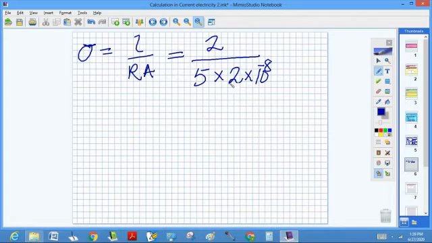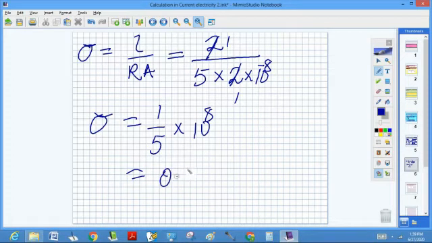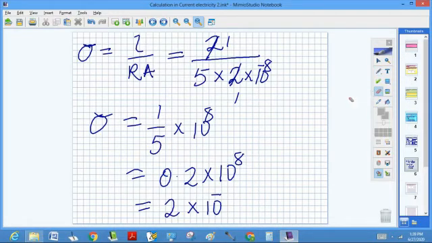So mu is equal to, 2 cancels itself, and we have 1 over 5 times 10 raised to power minus 8, which will be equal to 0.2 times 10 raised to power 8, and that will give us actually 2 times 10 raised to power 7